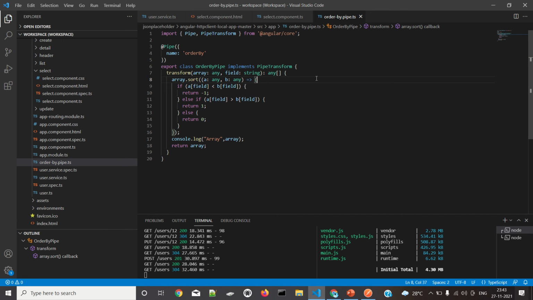Array dot sort, a colon any, b colon any. Okay, we have filled the return. Return one is 0, return array. Okay, this is right.